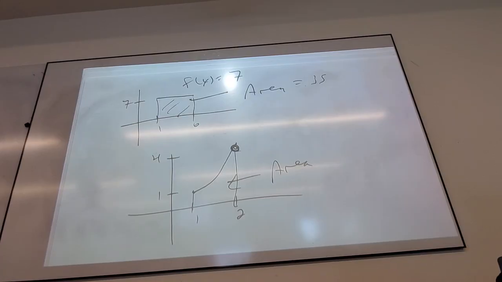Hold on to that. Don't bring it up yet. Sorry, Bob. You guys, I need you to be with me. Do you understand the first problem is easy? If I made it a slanted line, then it would have just been a trapezoid. But the minute I let one of them be curved, and not like a circle, this is a parabola, I don't have a simple function for area.